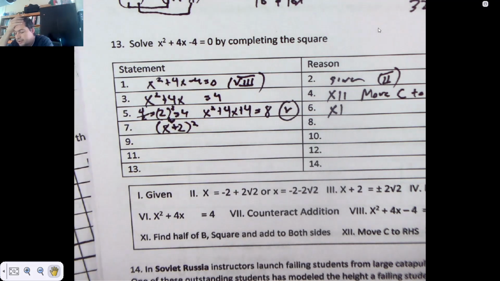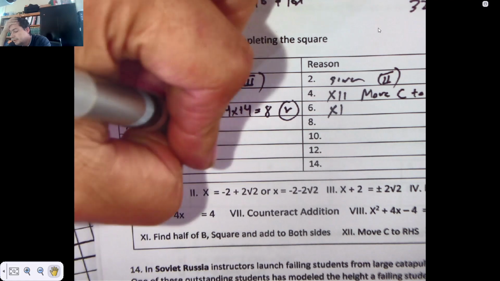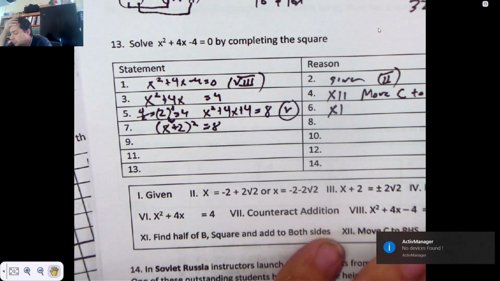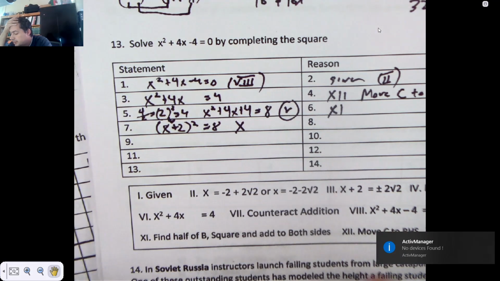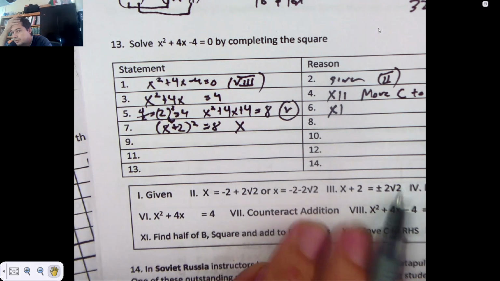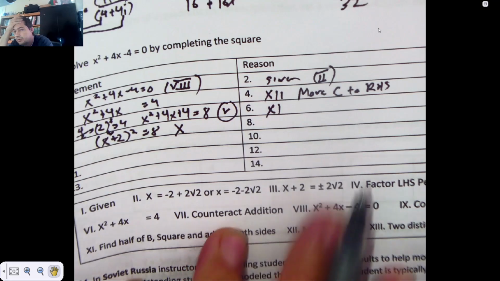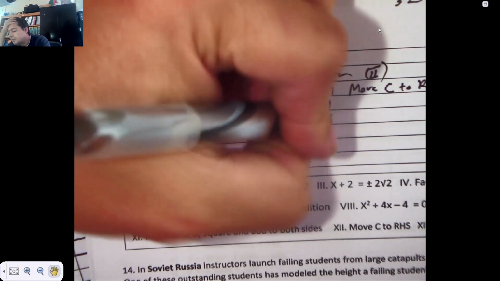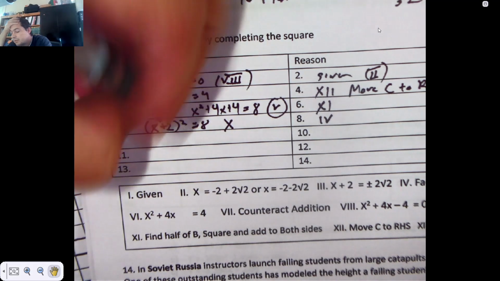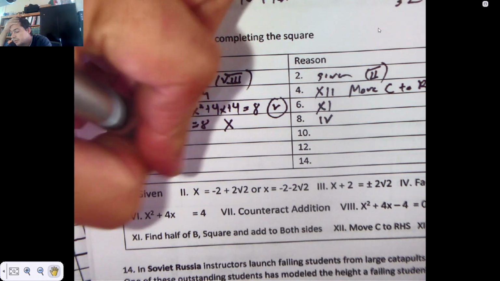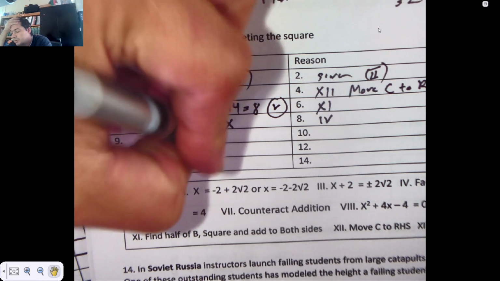That's how it factors. That's how I taught it. Still equal to 8. That's choice 10. And what happened is the left-hand side, which is choice 4, was factored perfectly. I would then counteract squaring by square rooting, and I'd have x plus 2 equals plus or minus 2 root 2, because root 8